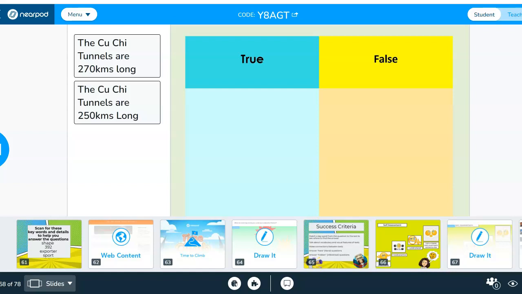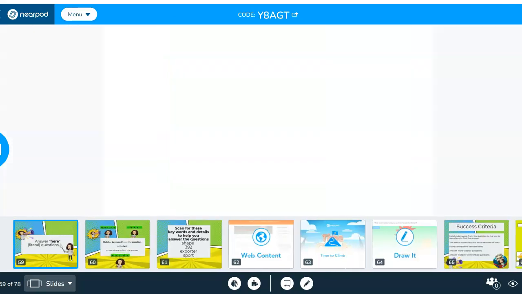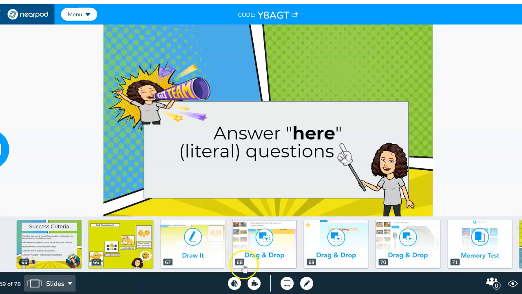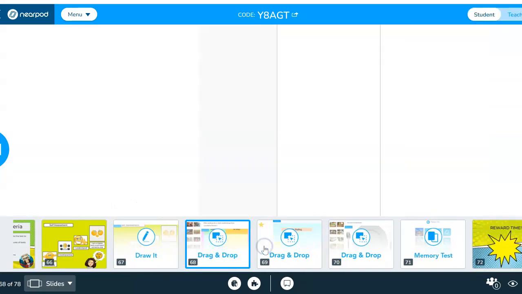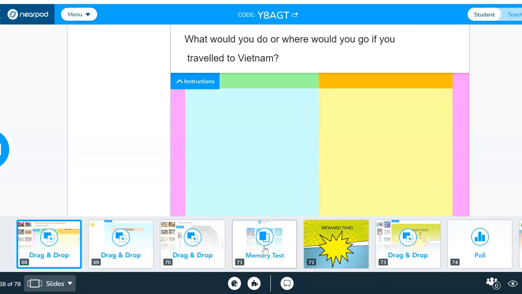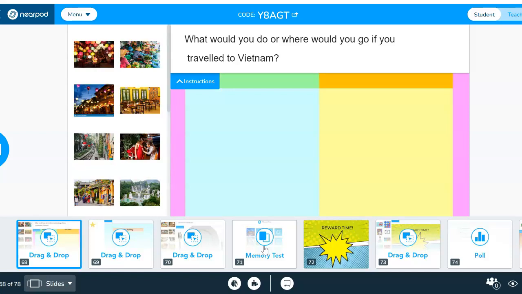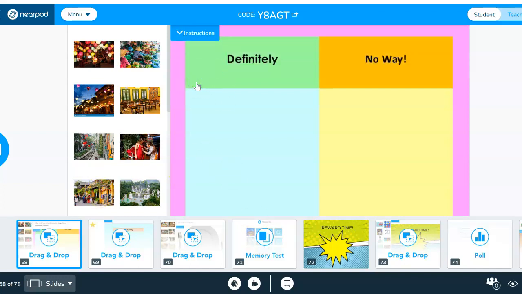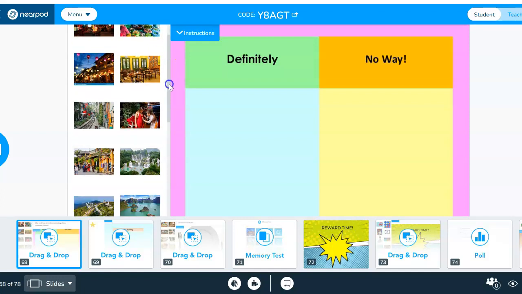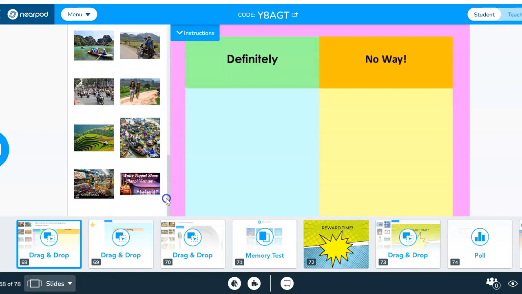We go back through the success criteria and they have a look at the draw it and tell whether they are feeling more confident or not with the success criteria, whether they've developed their understanding at all or they still need help. Then we do a bit of a rapport building connection activity where everybody, what would you do or where would you go if you travelled Vietnam? So they would move their choices for activities across, and under definitely or no way, and I would be able to see what they're doing, so I can make